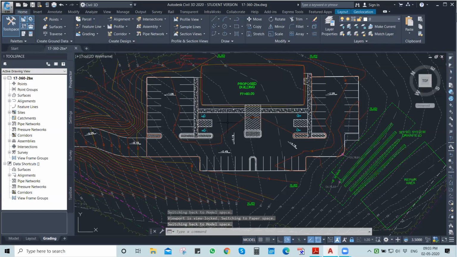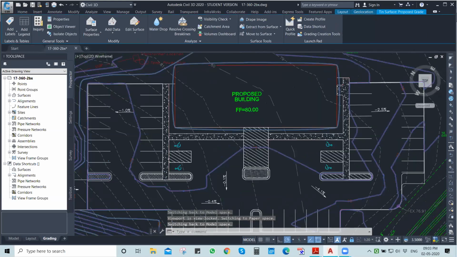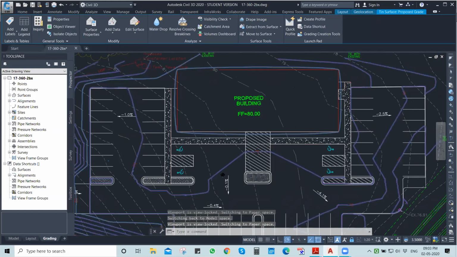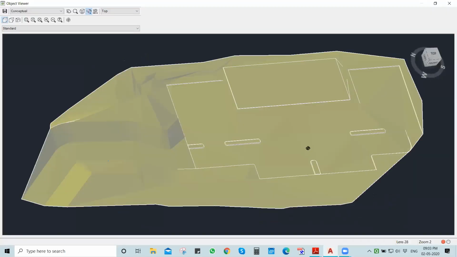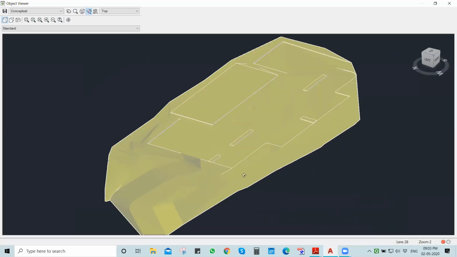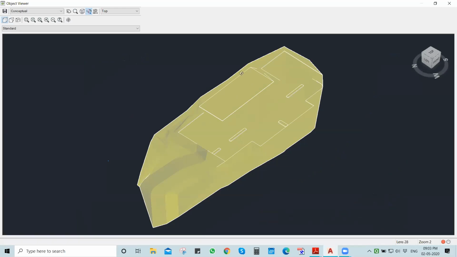If you check the proposed building, it has the floor finish level of 80 RL. I have designed that using the Civil 3D. So it contains a proposed building pad elevation, it contains parking, it contains a connection from the highway to our site.